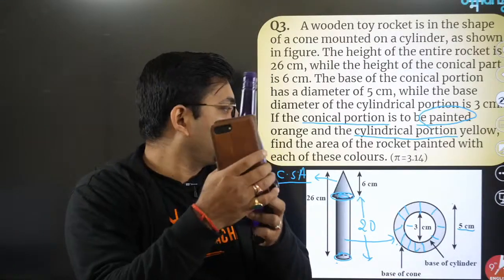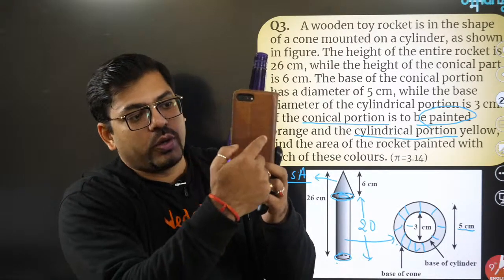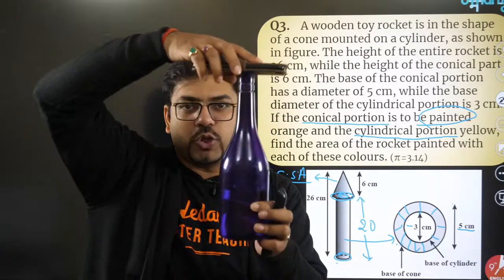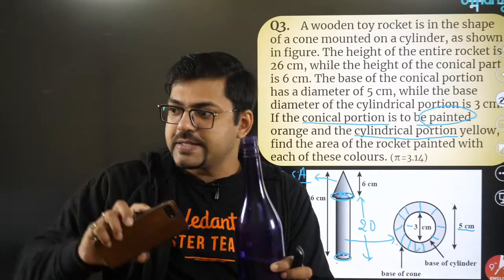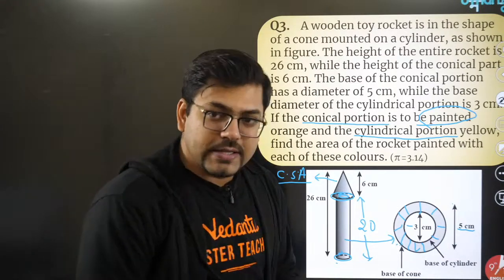This portion is remaining. This whole portion is what is left. Are you all understanding? So only the circular portion would not be seen. It would not be painted. What is kept here will not be painted, but the remaining other portion would be painted. So this means that on the cylinder,